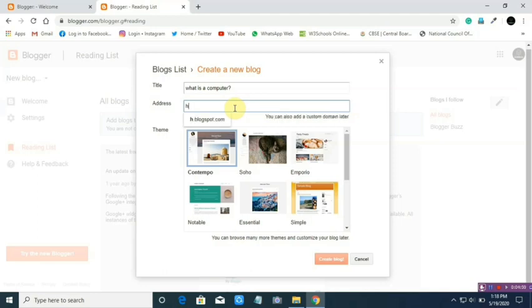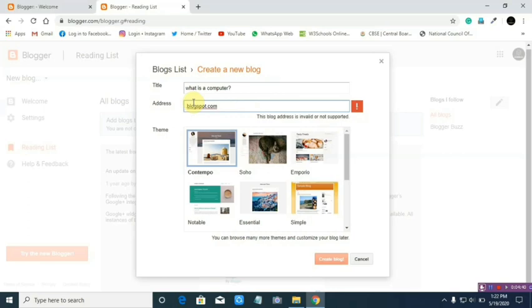What else can we write? hm.blogspot. No, it is also not available. Whatever name we keep here, it shows that this blog address is not available. That means whatever we are writing, that address is already used by someone else.